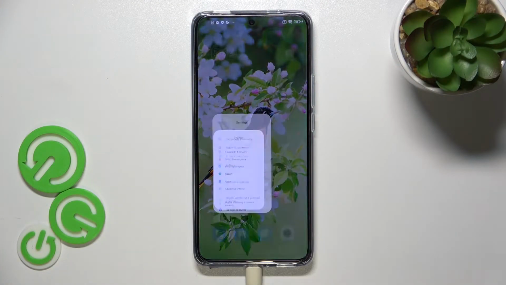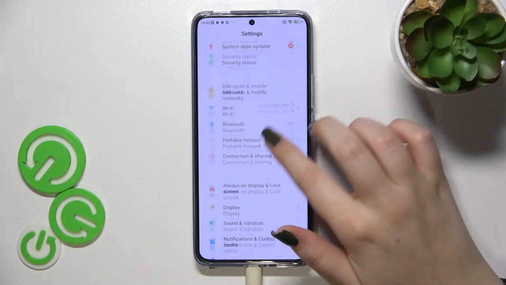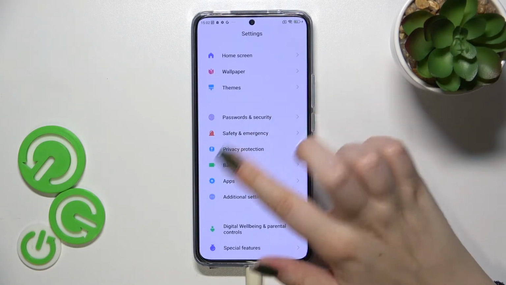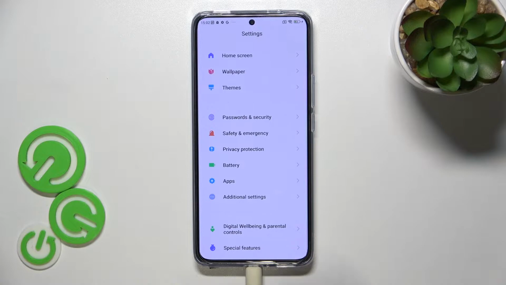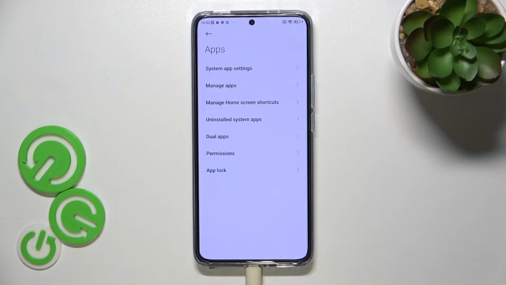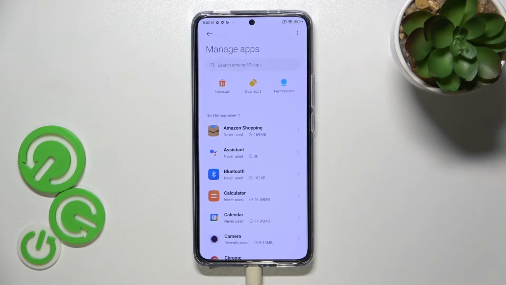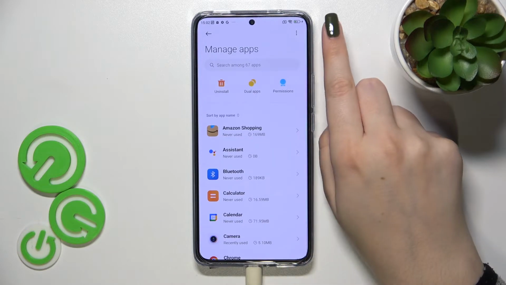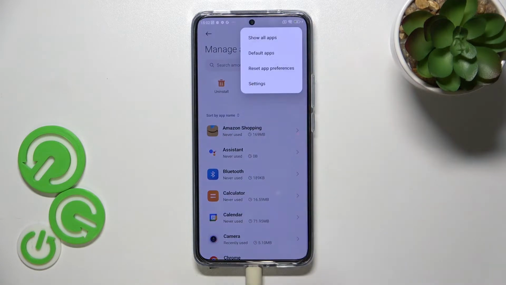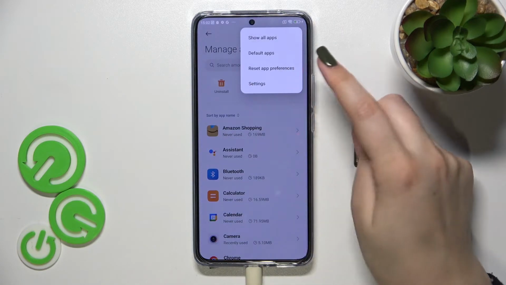So first of all, we have to enter the settings, and now let's scroll down to find the apps. As you can see, they should be under the battery. So let's tap on it, and now let's tap on Manage Apps. Here we have to tap on the three dots icon in the right upper corner and tap